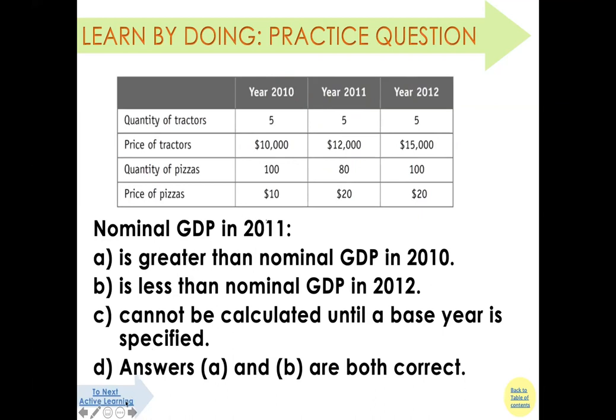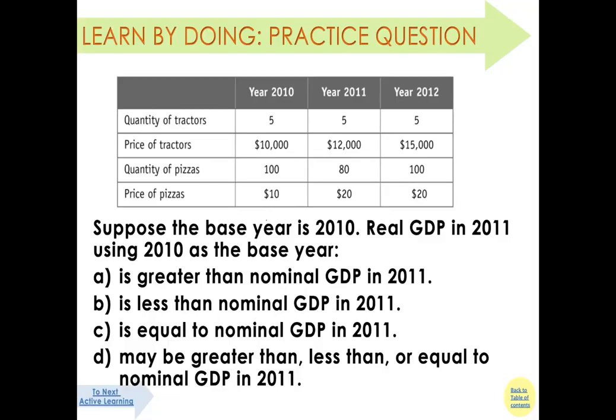All right. So here the answer is D. Now we go to the next one, the same table, but asking different questions. In these questions, they ask you,